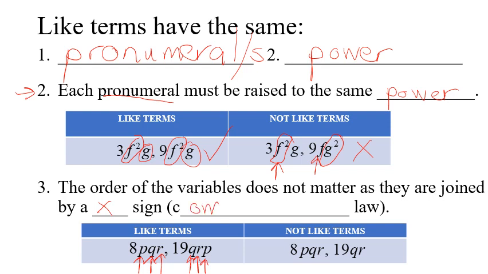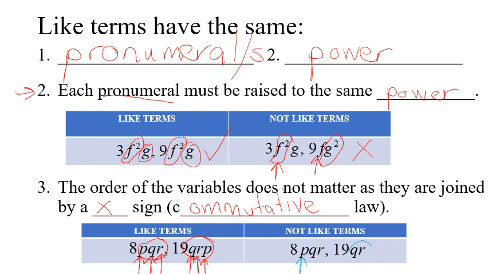And so using our knowledge of the commutative law, we know that PQR is exactly the same as QRP because with multiplication, the order in which you multiply doesn't matter. So if we look at this second example and why these are not like terms, well, we've got a P,